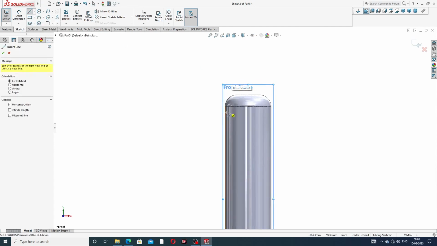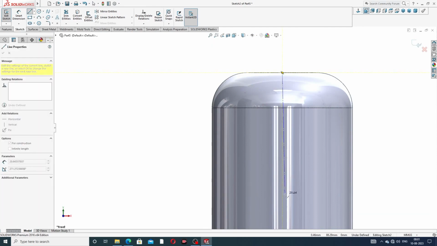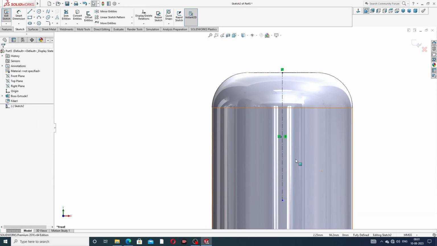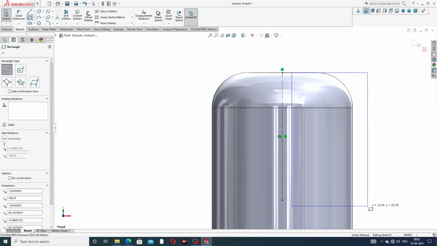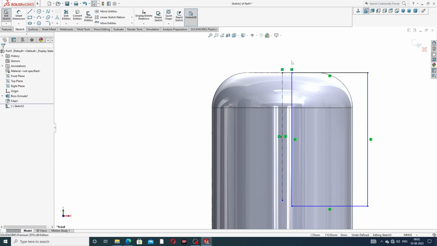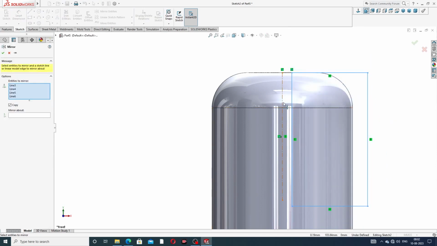and use a center line to connect this point to this, and this line is vertical, and going to the corner rectangle, select this line and going to this, and also use a mirror, and select this line. Okay,